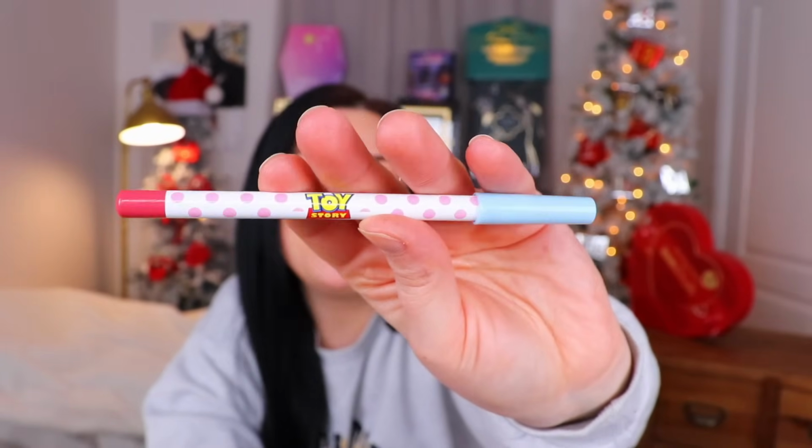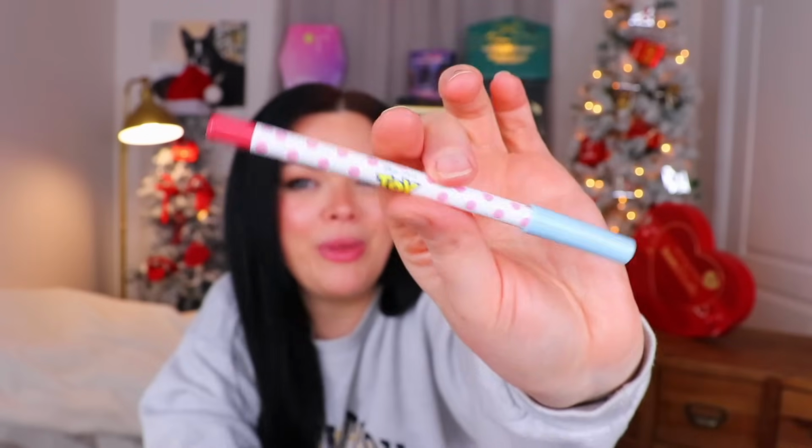Oh, cute. Moving on here, we have a cute little pencil. I'm assuming this is supposed to be maybe Bo Peep with her little polka dotty dress. Gosh, this is burning really bad. Is this a lip plumper? That's so interesting. It just says lip gloss. It doesn't anywhere say that it's supposed to burn like that. Okay, maybe I'll just wipe this off really fast just in case. I'm glad I didn't try it on my